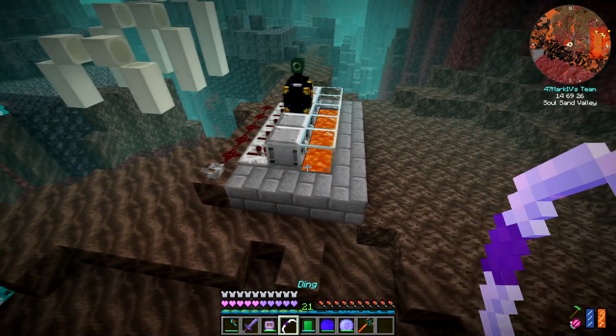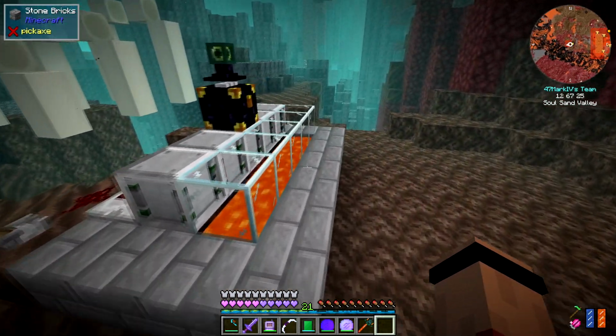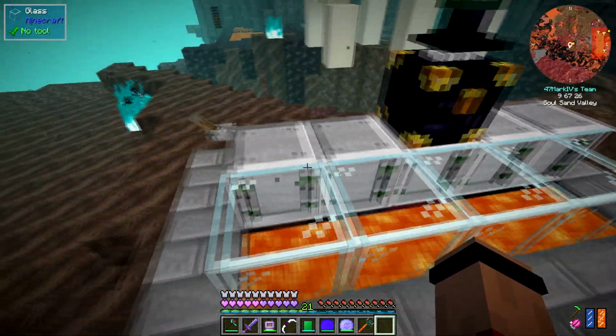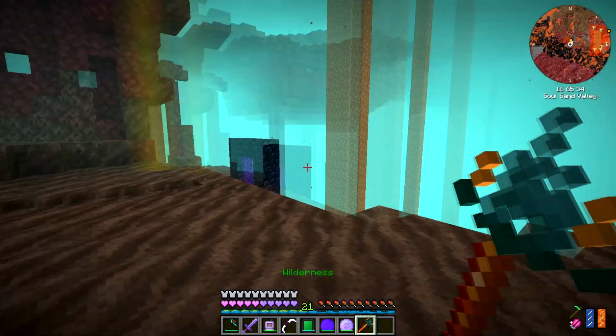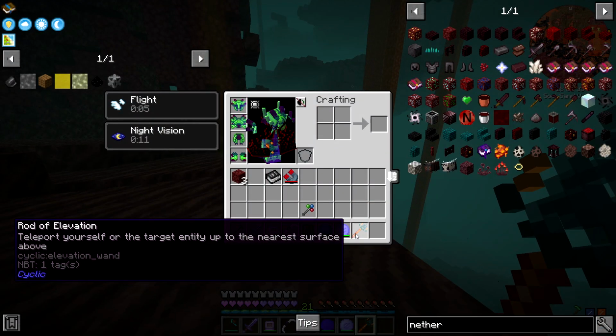Right, this is our mining process that got turned off to get netherite. So we had 5 of these guys mining away. That was pretty cool, but this thing is awesome because this takes you, the rod of elevation...